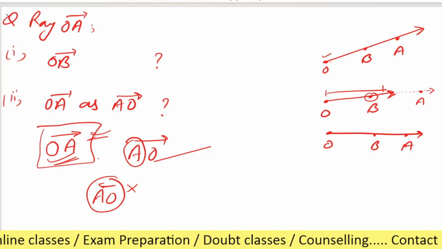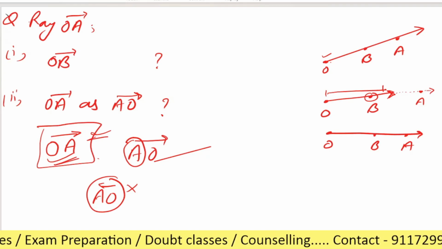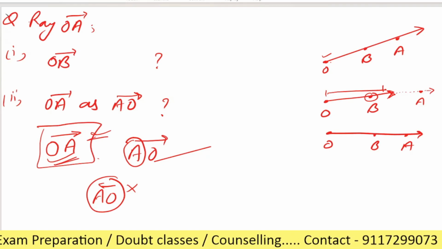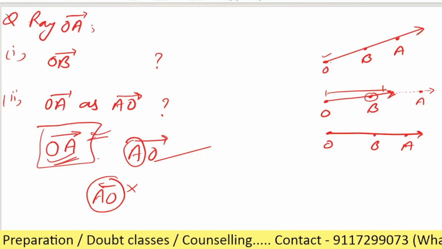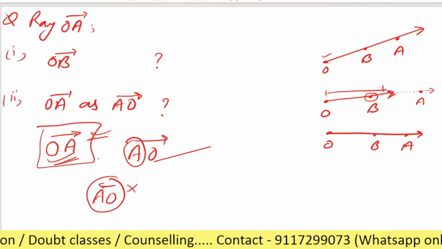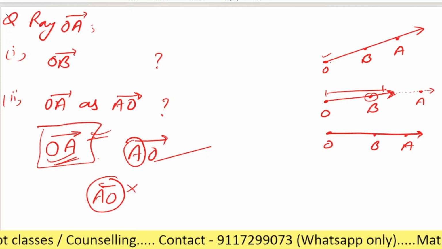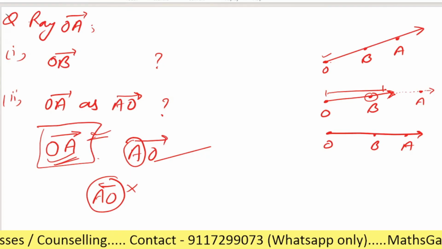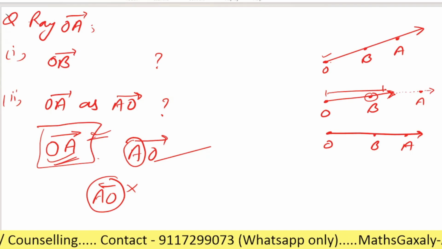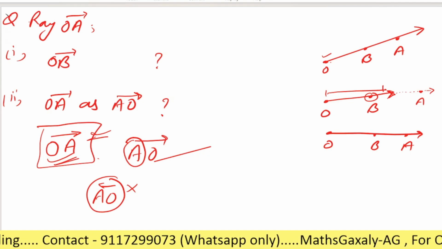So this was the question. Now the next questions, can you solve them by yourself? Now I think you got the idea of how you have to solve the questions. They are too easy. In some questions you have to name the line, name the points, name the segments, name the rays, like this. Similarly, in B, count the number of line segments. These things you can do by yourself, right?